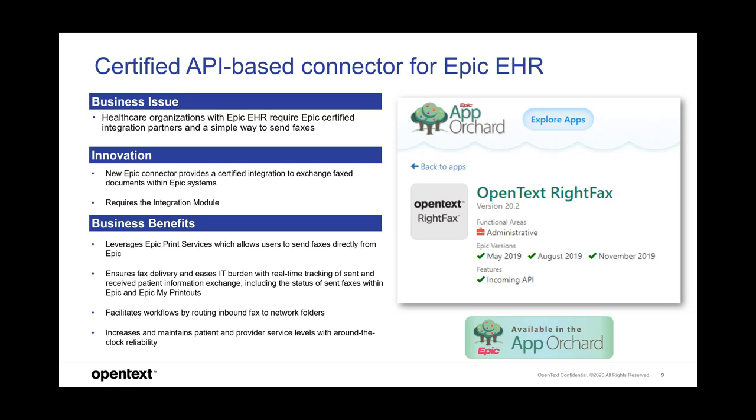So OpenText joined an Epic program called the App Orchard, and essentially it's like the App Store for your iPhone, but it's unique to Epic, right? The App Orchard is where third-party developers can build apps, and then they can be found and downloaded by users of Epic. And so we're a member of that program, and we have all of OpenText fax solutions as part